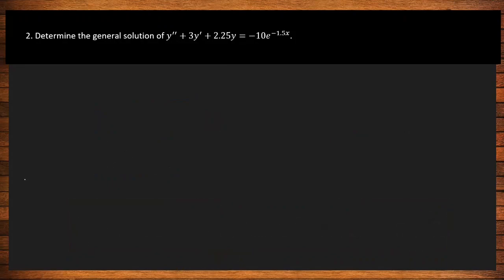Determine the general solution of y double prime plus 3y prime plus 2.25y equal to negative 10 e raised to negative 1.5x. So again, yung general solution natin will be of this form, y equal to y sub h plus y sub p. So first na kukunin natin will be yung y sub h. That will be the general solution of the corresponding homogeneous ODE. So in our problem here, the corresponding homogeneous ODE will be y double prime plus 3y prime plus 2.25y equal